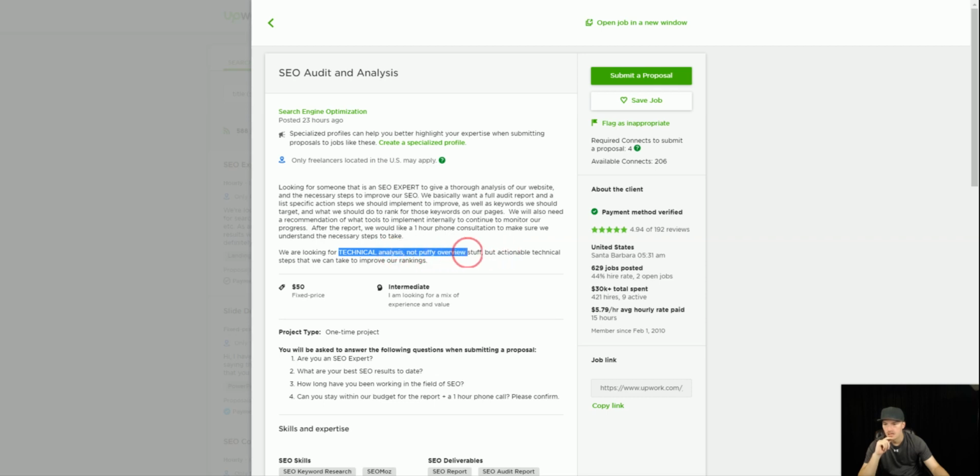Not a technical analysis, not puffy overview stuff, but actionable. So that kind of is a red flag to me, because that says to me, be very wary of disgruntled communication, because if they're disgruntled in the past, they can be disgruntled with you easily.